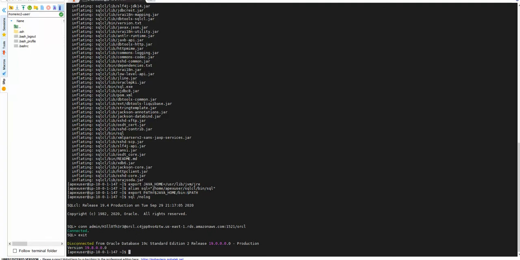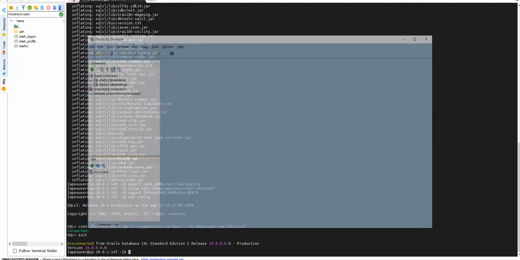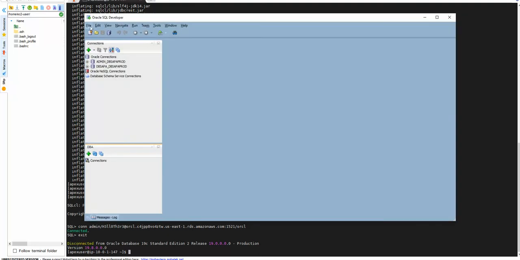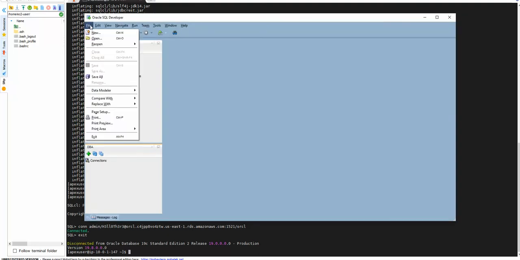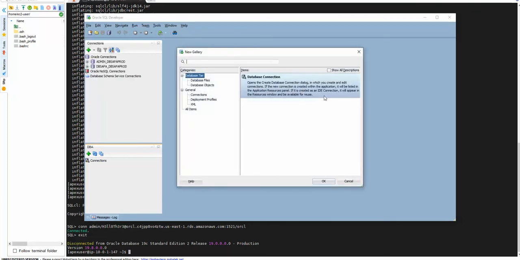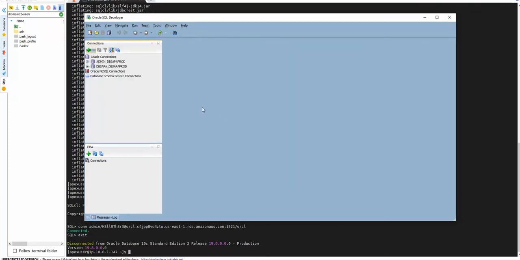Before we go ahead and issue the ORDS installation, we have to make sure some grants are there. Let's also try to connect from SQL Developer to see if we can connect. So let's go ahead and create a new connection.